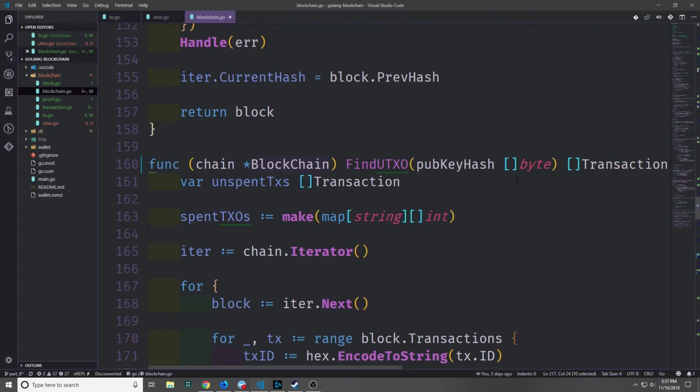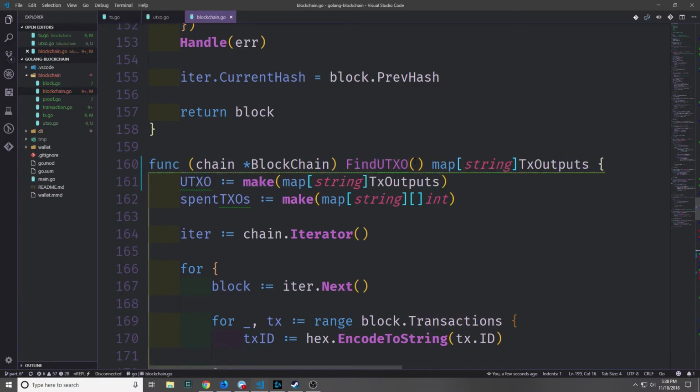Before we go further with writing the logic for our UTXO set, we need to modify our blockchain methods a little bit because some of these methods are going to be ripped out of the blockchain file and then put into the UTXO file. And we also want to change this particular method, which is going to stay on our blockchain, so that it corresponds with that output structure that we created rather than passing back just an array of transactions. So instead of taking in the public key hash, we'll make it so that it takes in nothing,